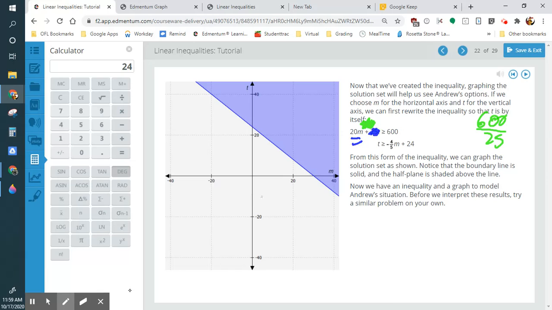So we're only dealing with mowing. So that would be 600. Let me clear this. Here. That would be 600 divided by 20. We get 30. So that 30 will be right here. So this would be the 24 for the trimming with no mowing. And this one will be mowing with no trimming. And that way we could do a line there. Instead of having to do this very weird way that they did it,